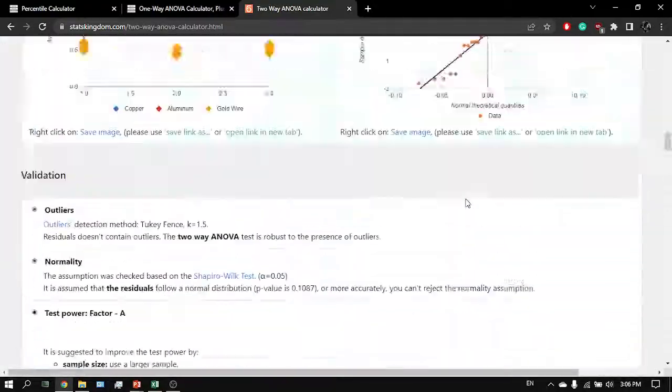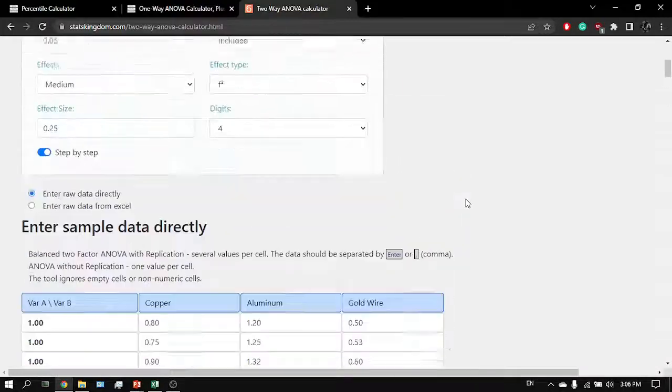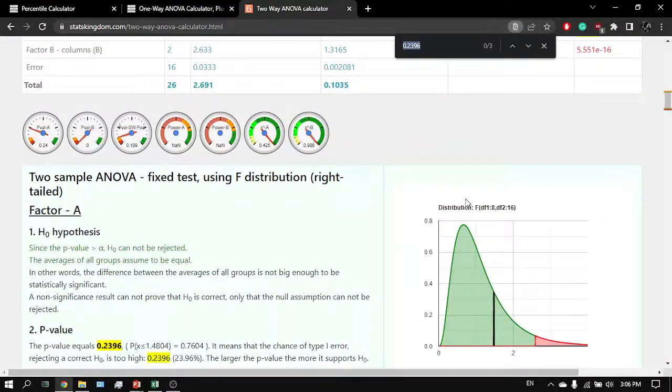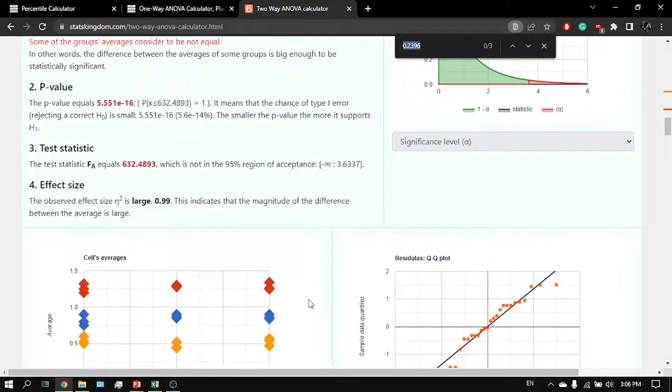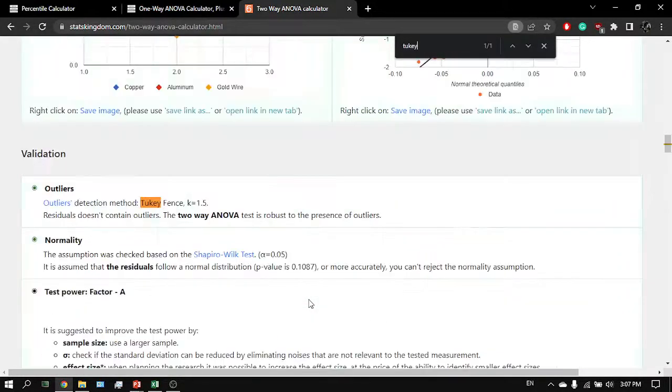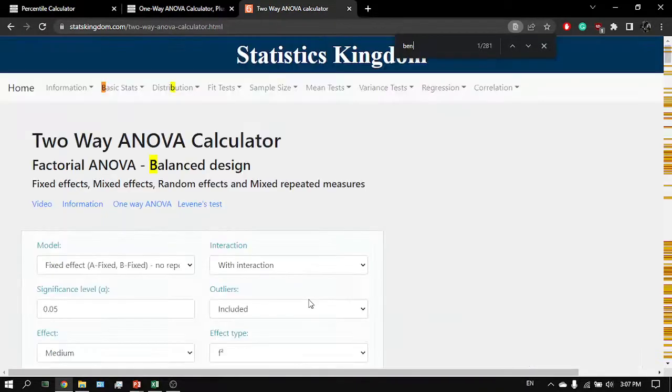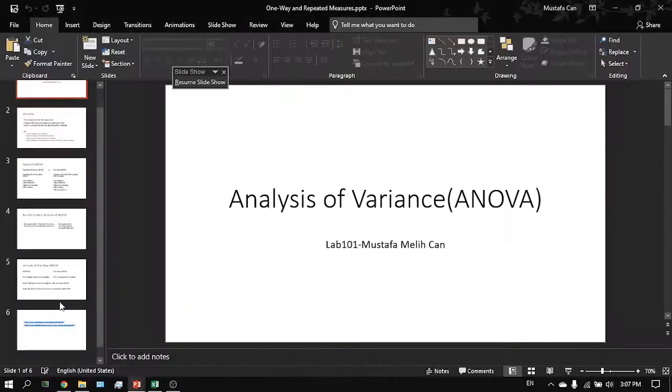So we don't have the post-hoc analysis. I have a solution for it if we don't have it. No, we don't have it. So I come to this link,